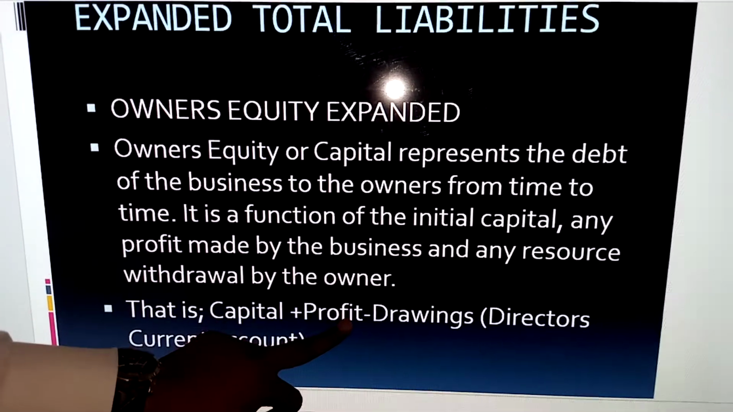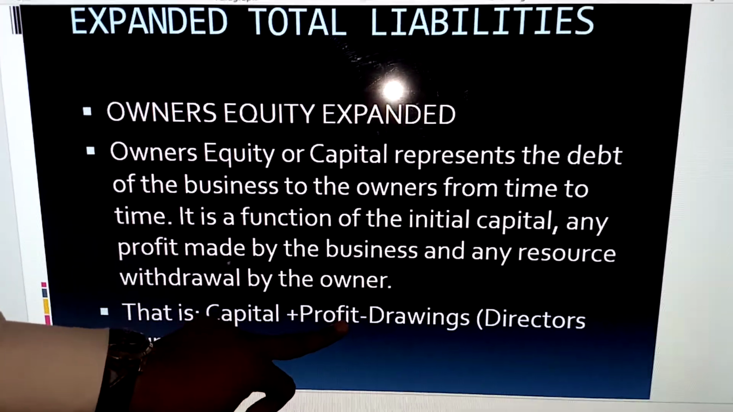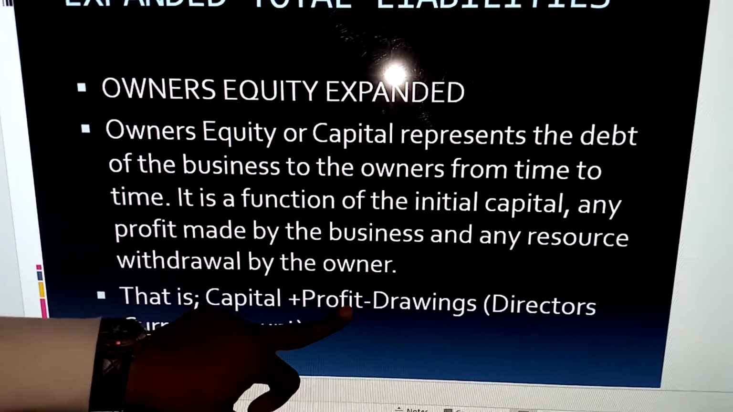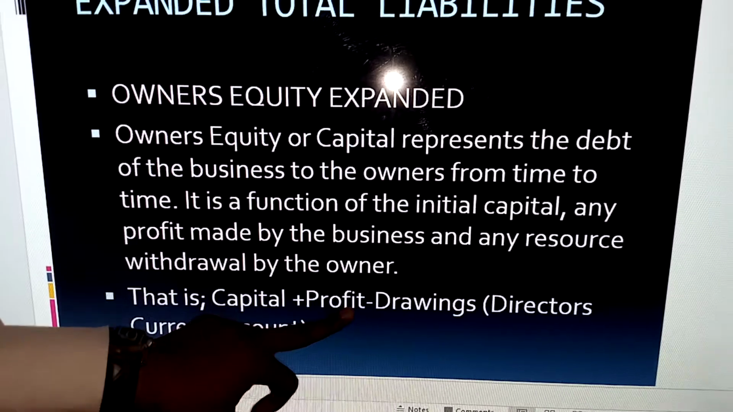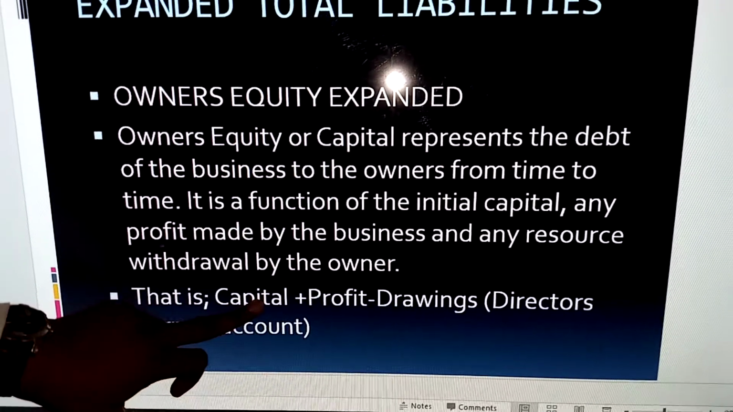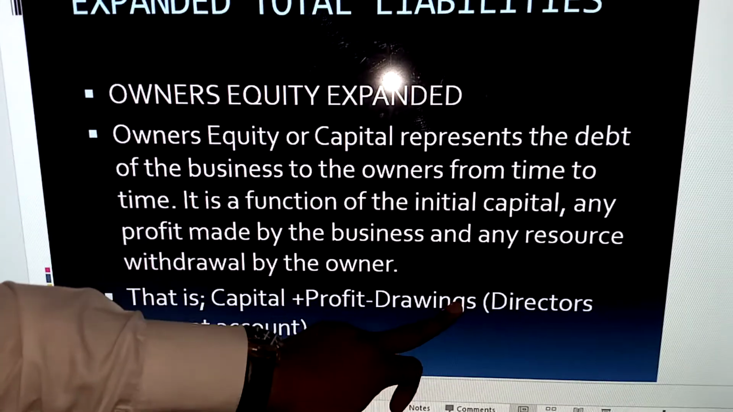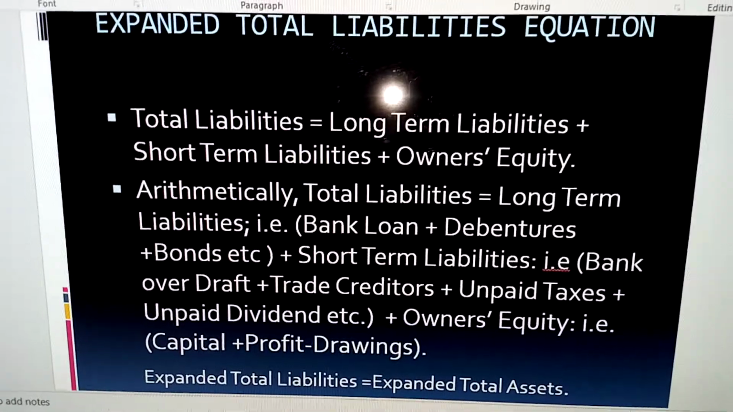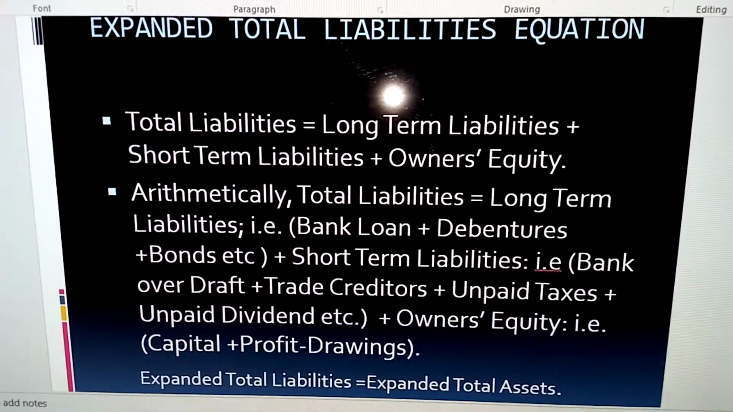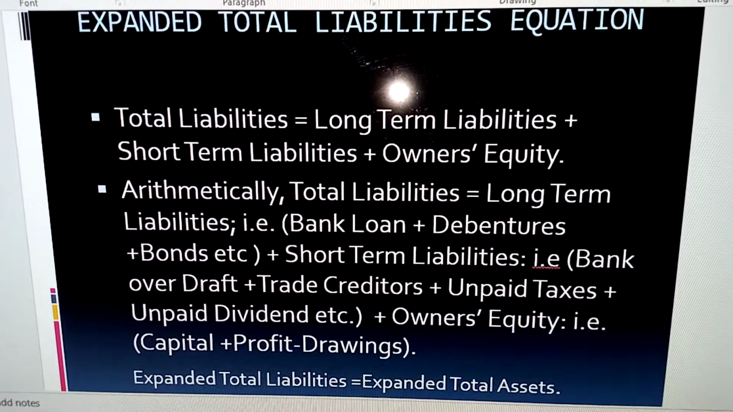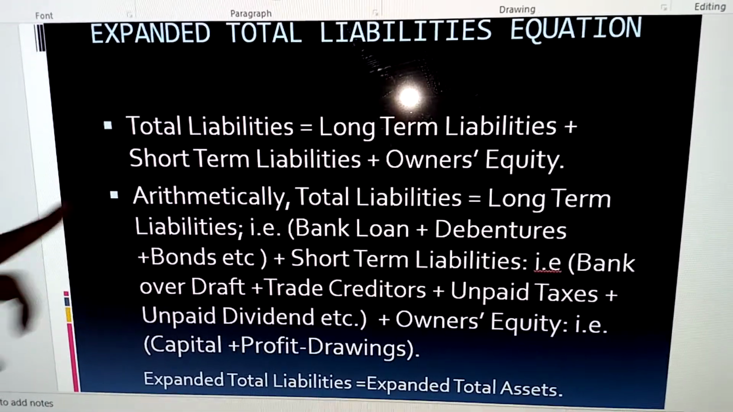That's why you're adding your profit here. But if in the course of the business year I took out some money as well, or some products, that should also affect my equity. So that's how we have the owner's equity equation to be what? Capital plus profit minus what? Drawings. Having established an expansion of long-term liabilities, short-term liabilities, and owner's equity, it means we can arithmetically write